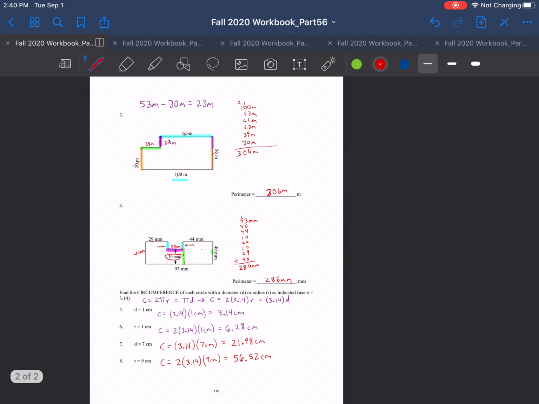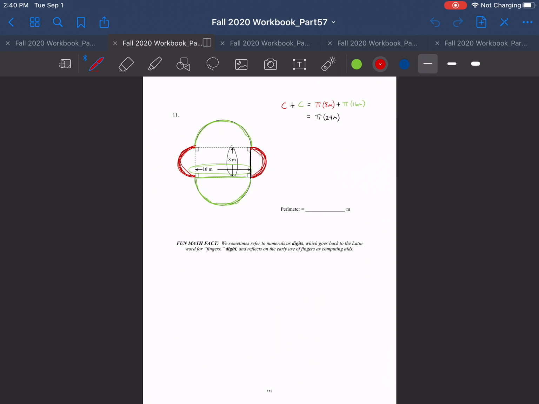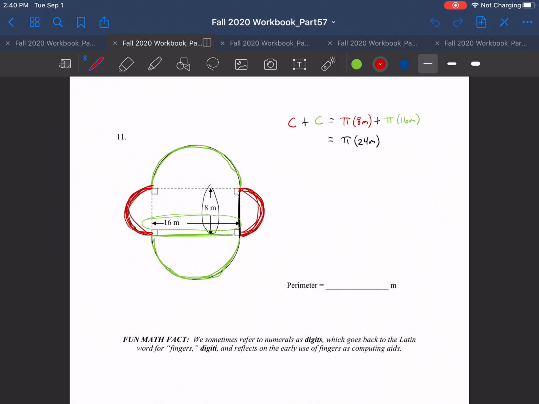All right, so that's it for that one. If we go over to this next one, I almost finished this one for you, but I didn't. So we can do the area of each one or the area of them in total. We'll just leave them separate. So what we have is the overall, the 2 half circles of the red making a full circle there. So the perimeter is just pi times the diameter. And so that's pi times 8. So 8 times pi. And then we have to add on the green one with our 2 green semicircles making one full circle. We have to add on pi times 16. And that gives us